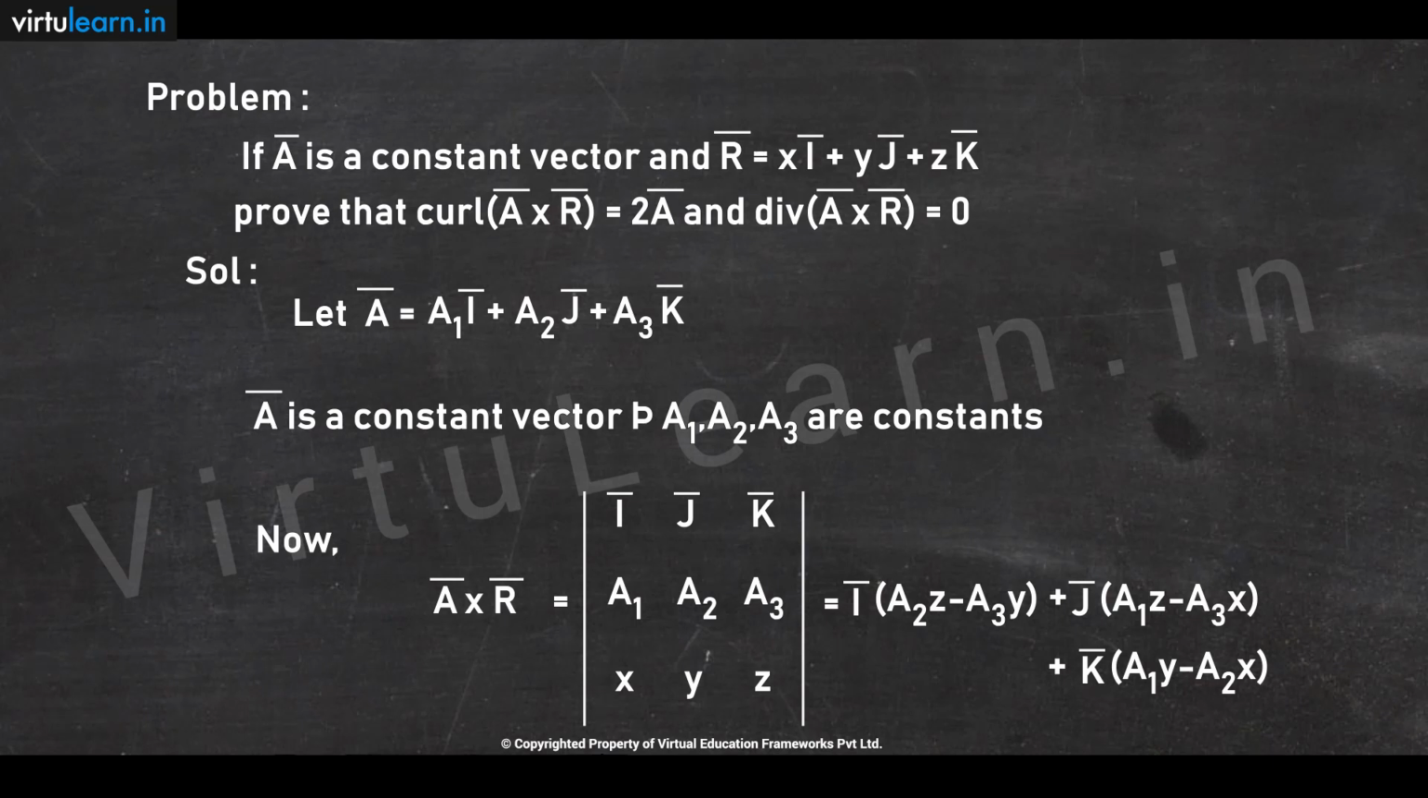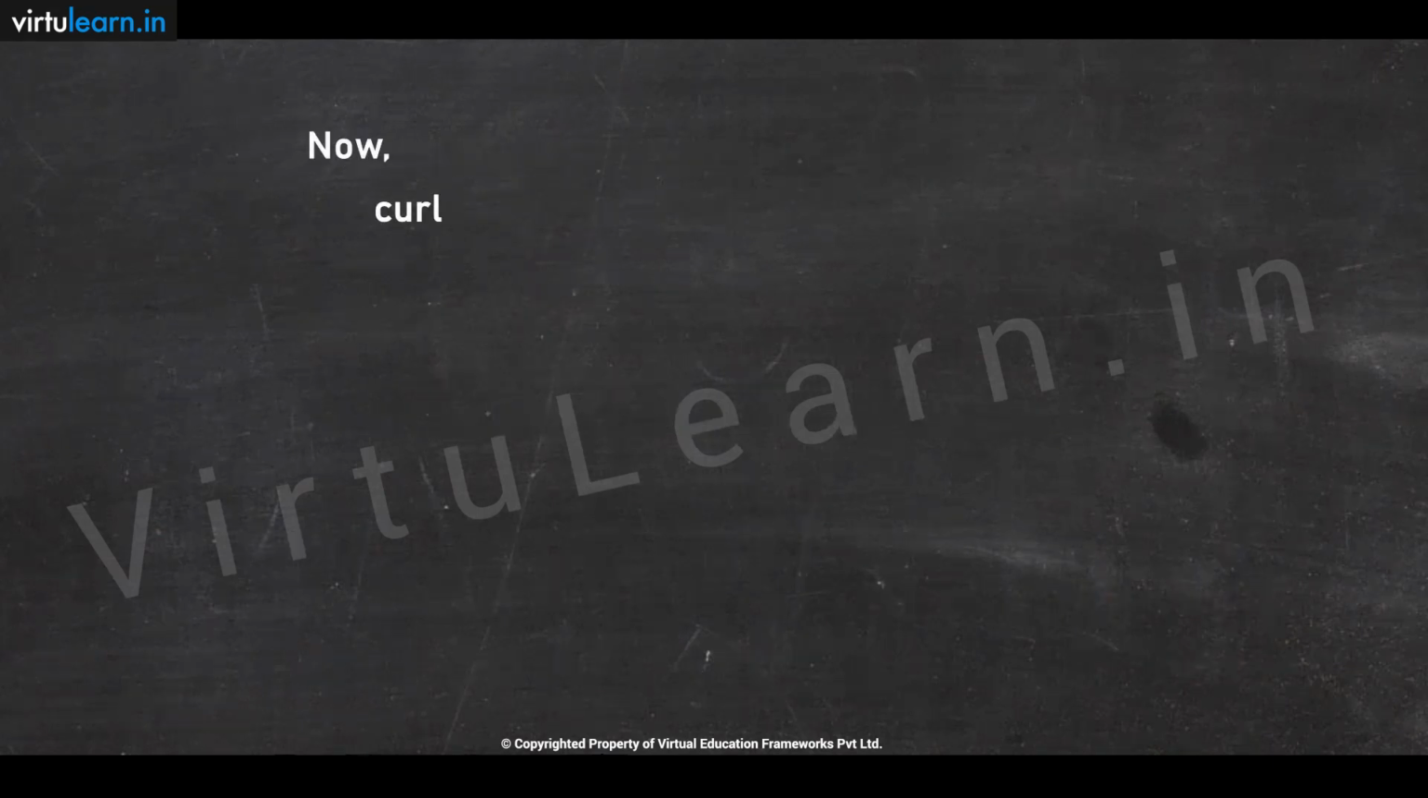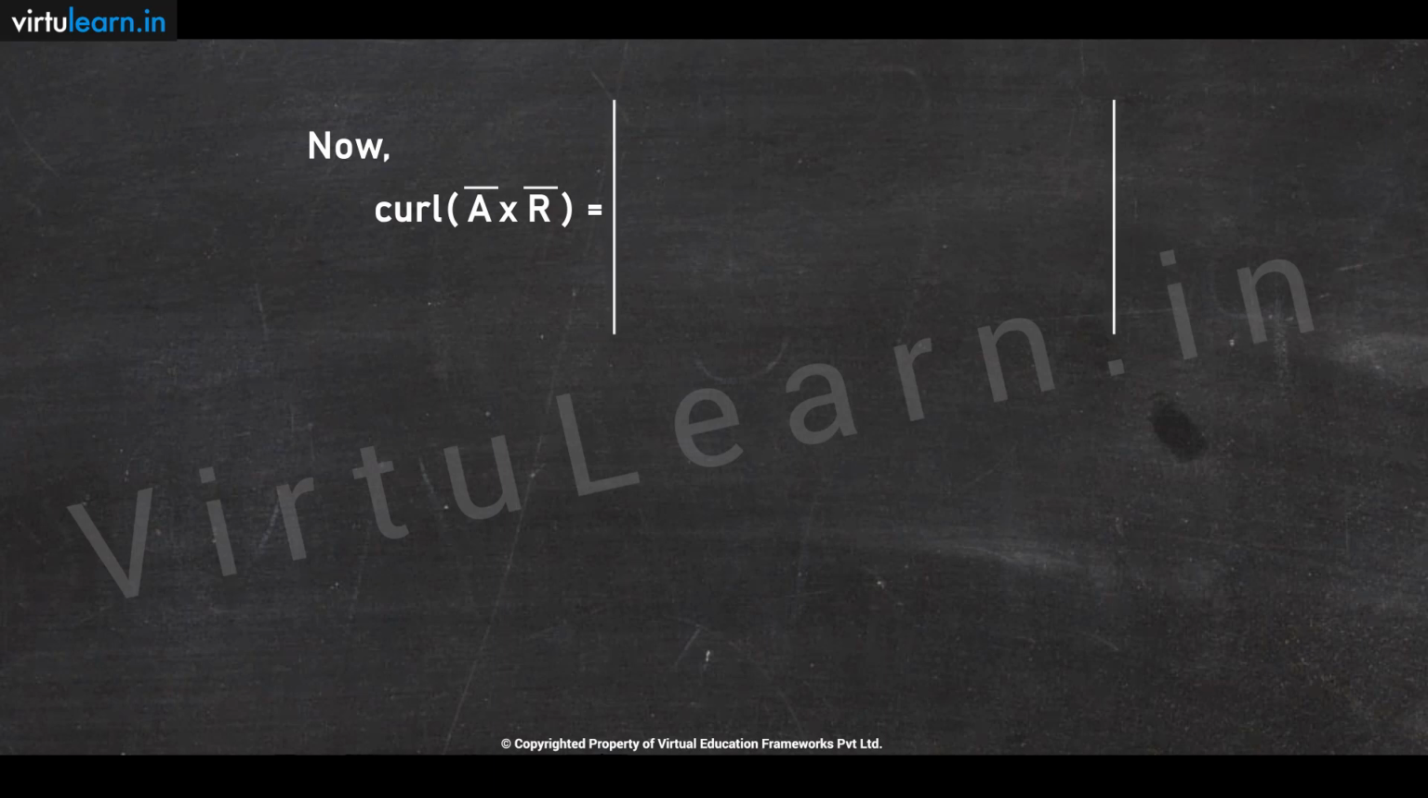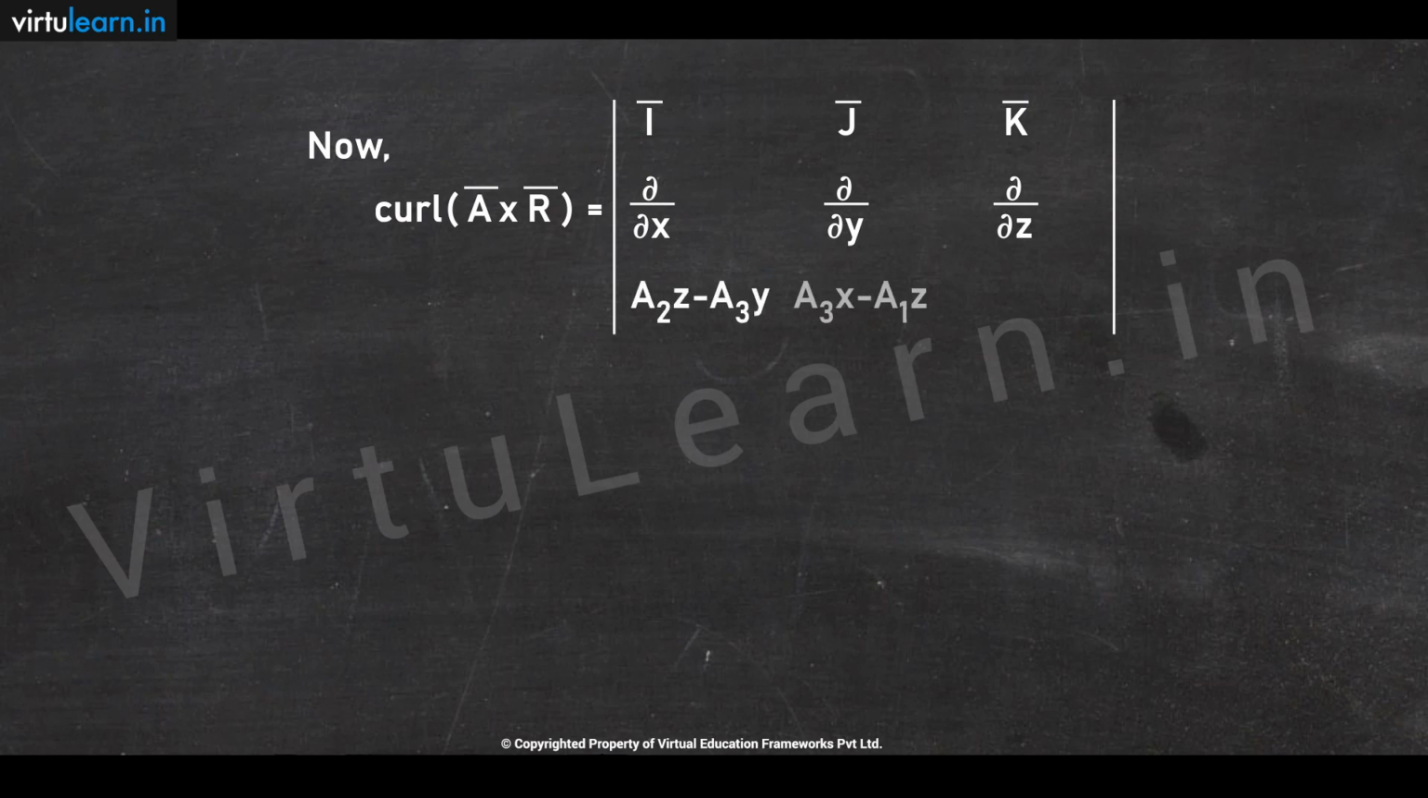Let us initially determine curl of a bar cross R bar. We know that it is the value of the determinant with elements row wise: first row i bar, j bar, k bar; second row the differential operators dou by dou x, dou by dou y, dou by dou z; third line the components of a bar cross R bar, namely a2z minus a3y, second component a3x minus a1z,